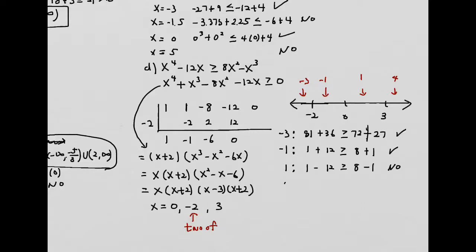And if we try 4, the last area, it should work this time because it's rotating. So it will be 4 to the 4th exponent, which is 256. 4 times negative 12 is negative 48. And then you get 8 times 16, which is 128. And 4 cubed is going to be 64. And when you simplify that,